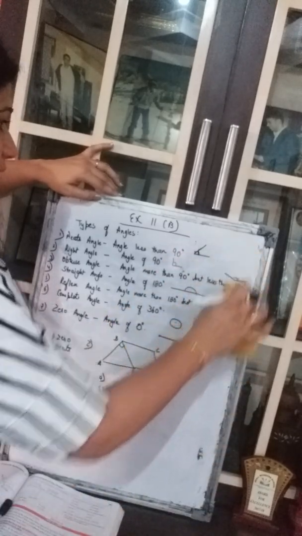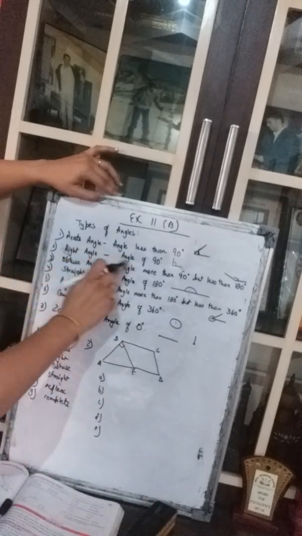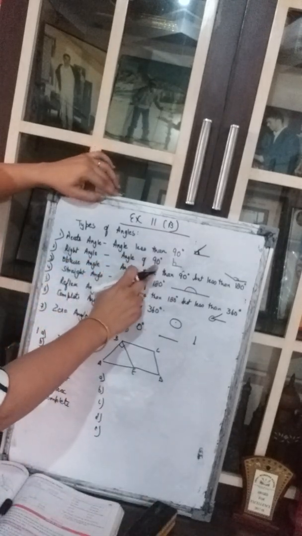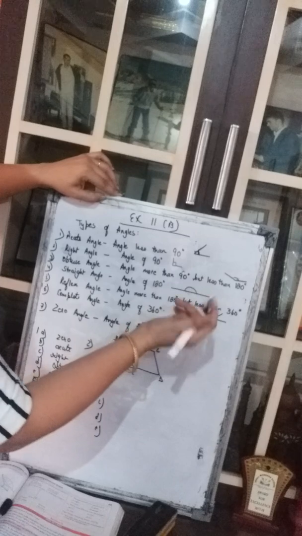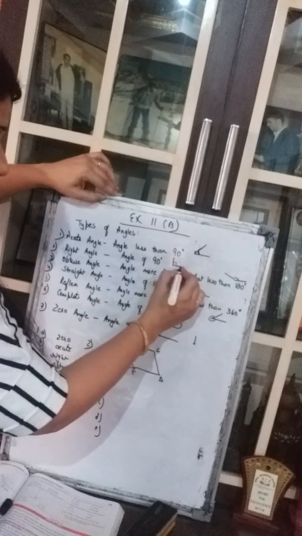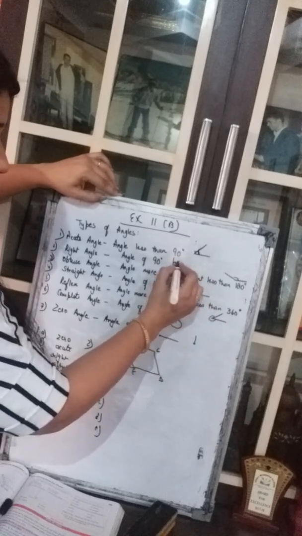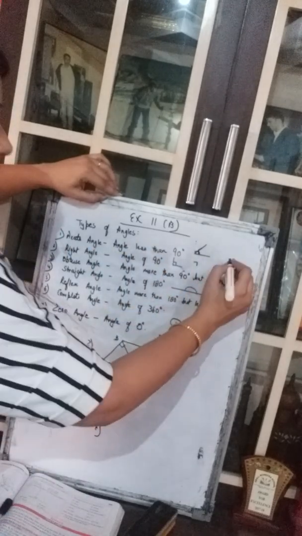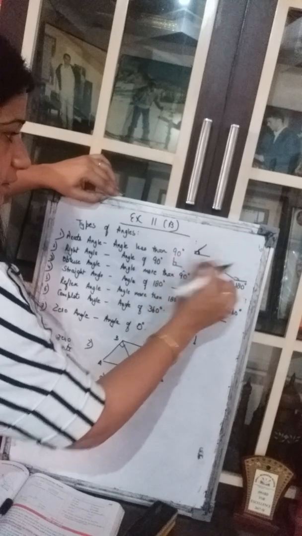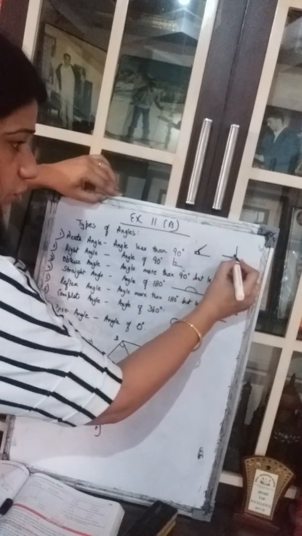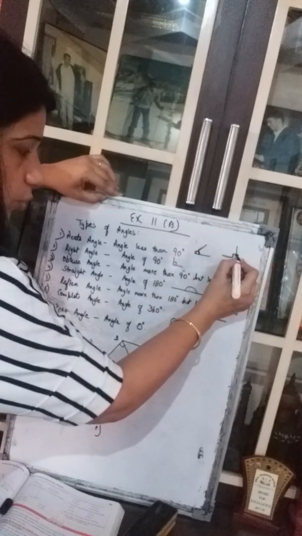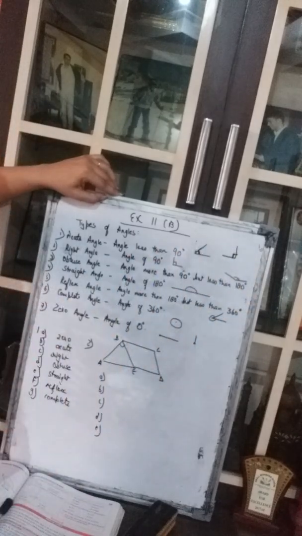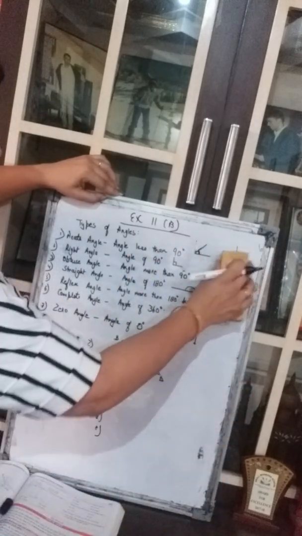Second, we come to the right angle. The angle which is exactly 90 degrees is a right angle. And this angle is 90 degrees and it is always denoted by this, like this. Suppose we have another two lines meeting like this. Here you will make a square like this. This means 90 degrees.